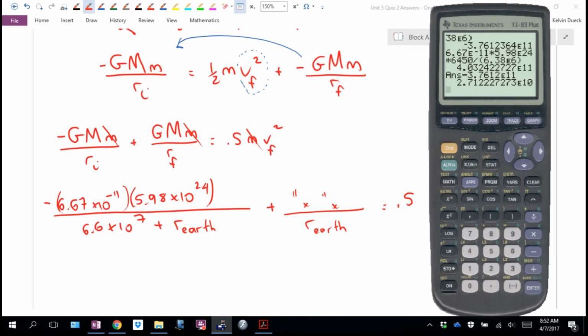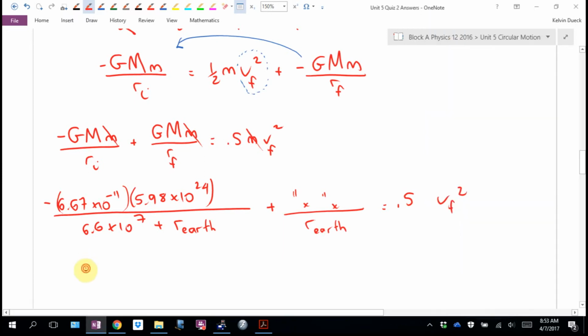Sit up, get a little feeling of nerdy pride. Negative 6.67 times 10 to the negative 11 times 5.98 times 10 to the 24th. Mass does cancel. Divided by 6.6 times 10 to the 7th plus 6.38 times 10 to the 6th. Let me double check my typing. That looks right. So initially we have that number there. That's not how much energy, that's just because the masses cancel. That's just that number. Negative 550,721, plus